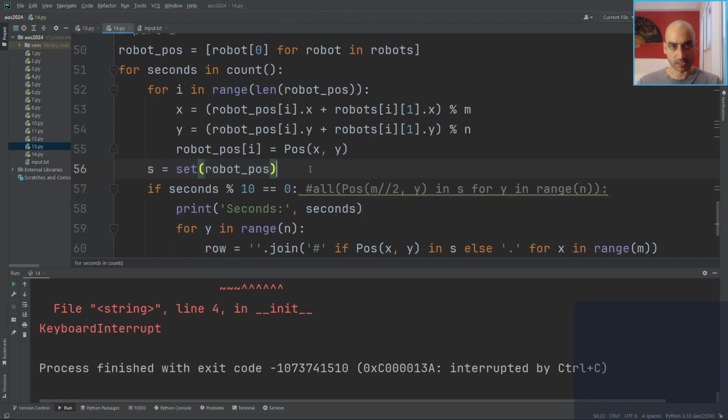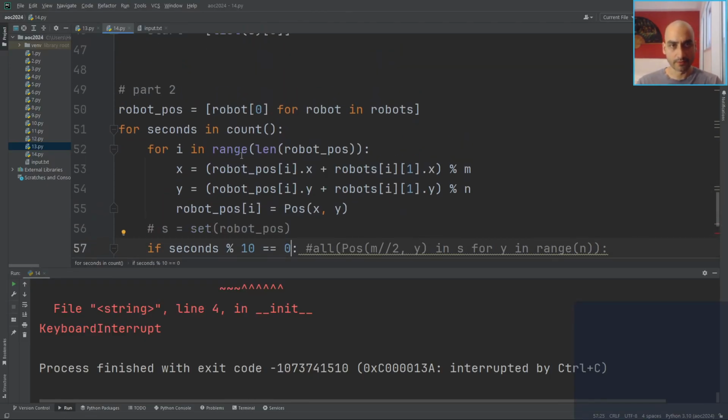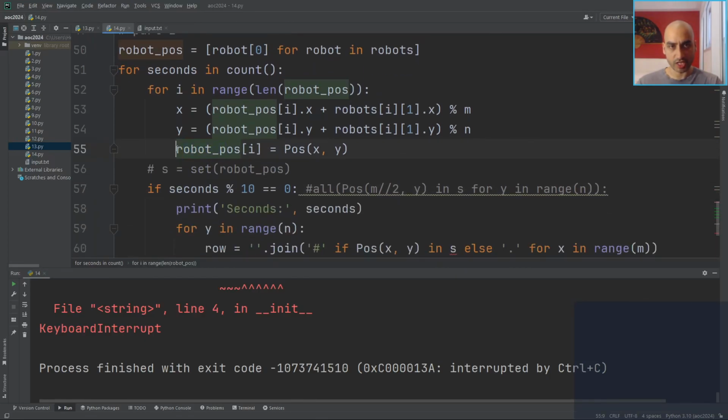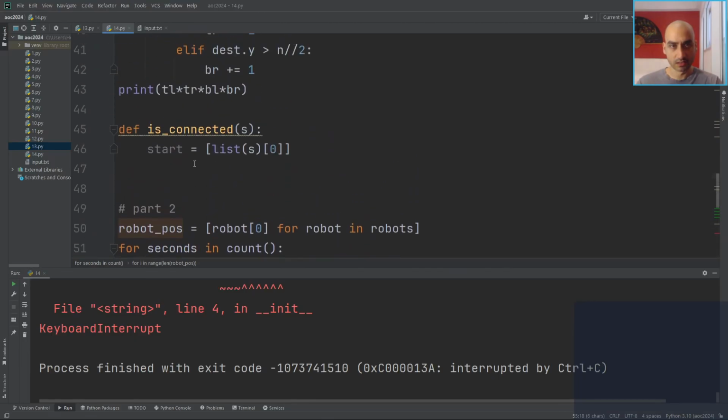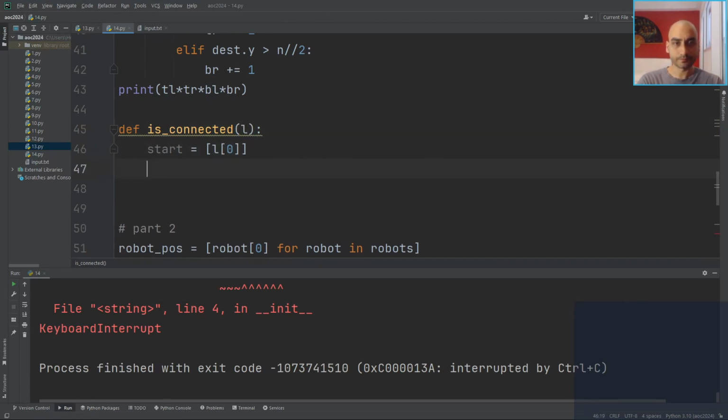It might be a bit expensive. Let's just not do that. So we've got the list of positions. Now we just want to check if that is fully connected. So just give a list, start equals L0, while start